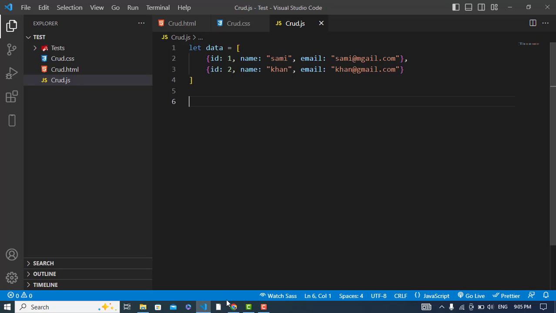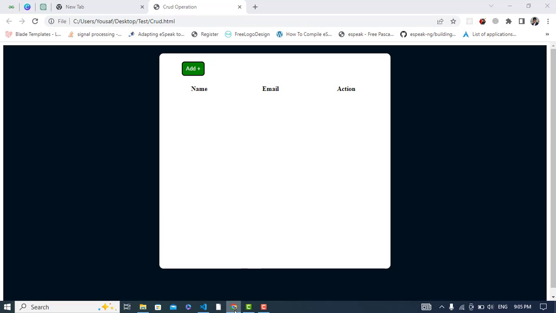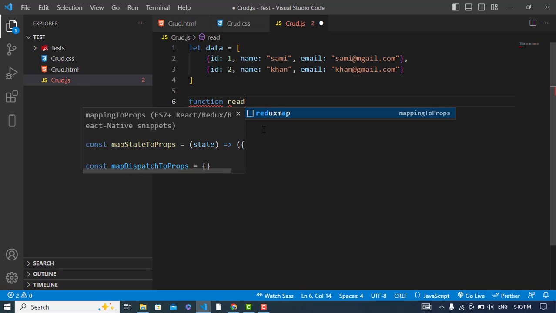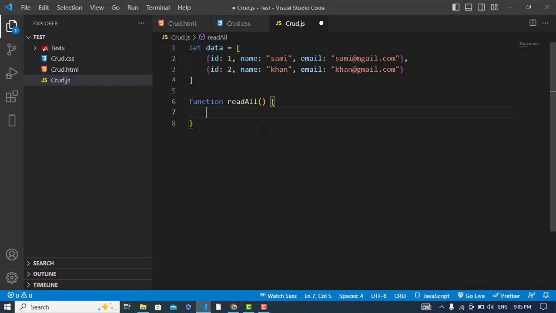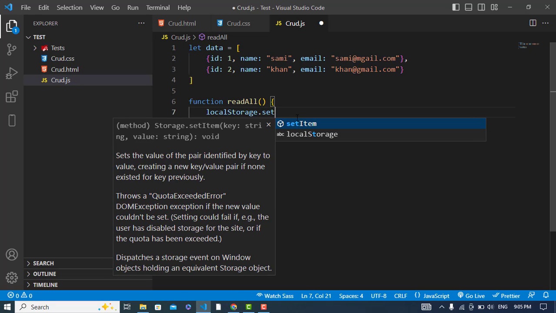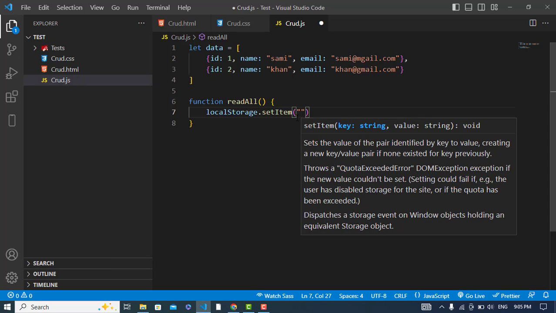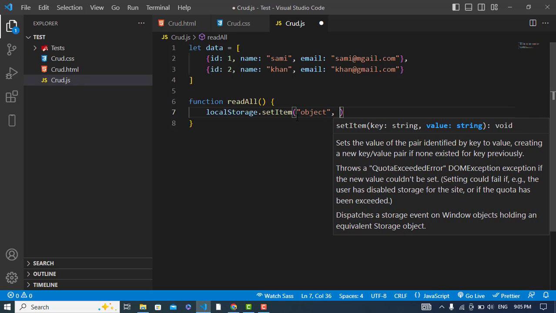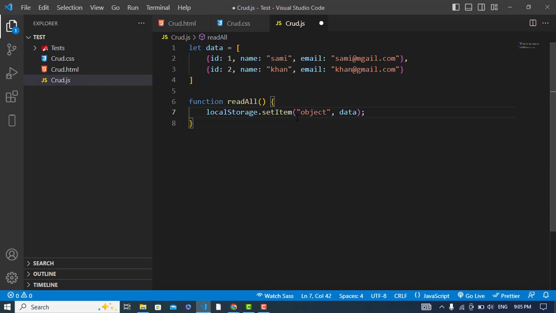Okay, the first functionality is to read our data here. So for that, let's create a function readAll. And here, first of all, we will write this data to the local storage. Okay, so for that we will use localStorage.setItem. So first thing is that we should set a key for this, that is object, comma, then our data, that is data. After setting this, so now let's